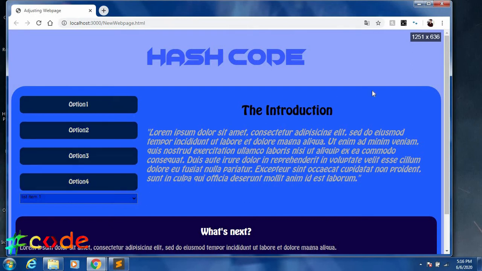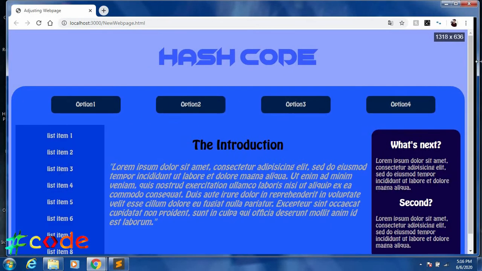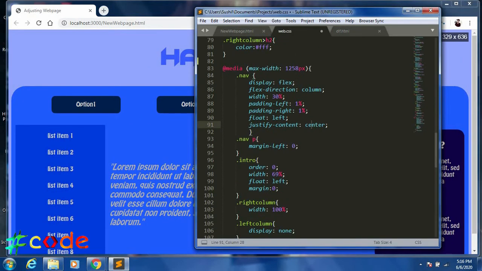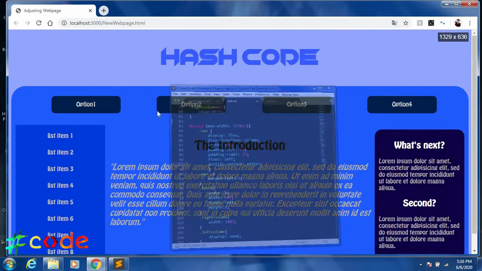So let's see what has changed. So here you can see under the media keyword, I have defined some properties. I have set the navigation to display flex and flex direction to column with a width of 30%. So this is the reason that these options are being vertically lined,